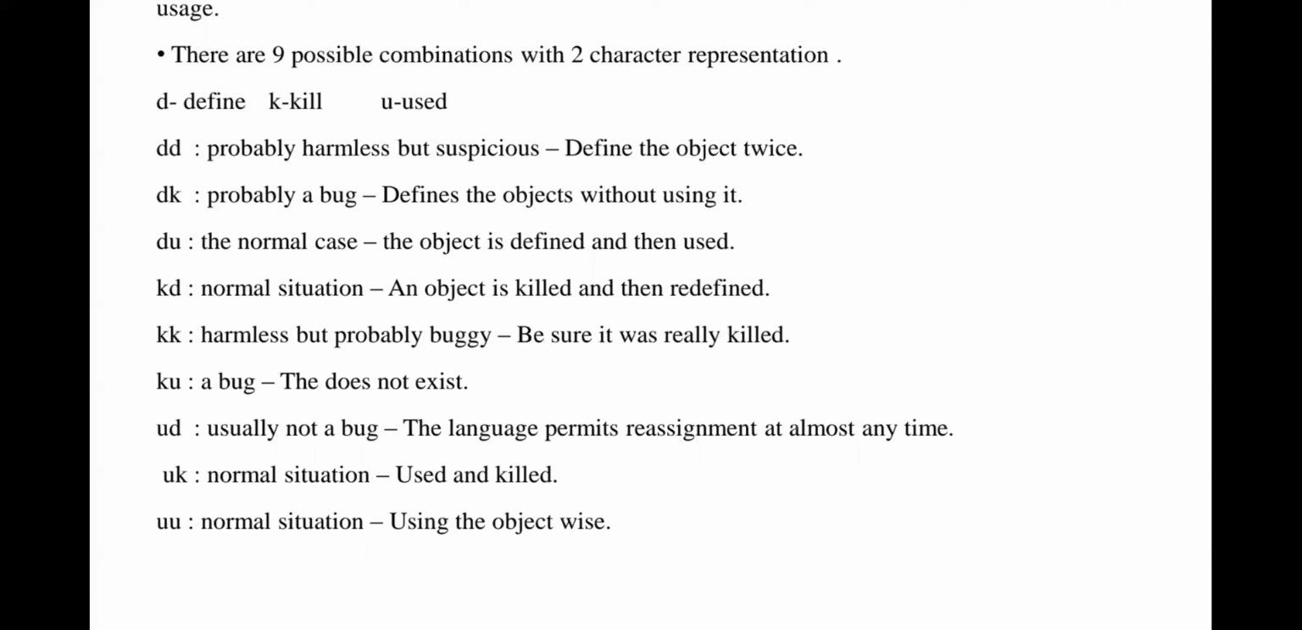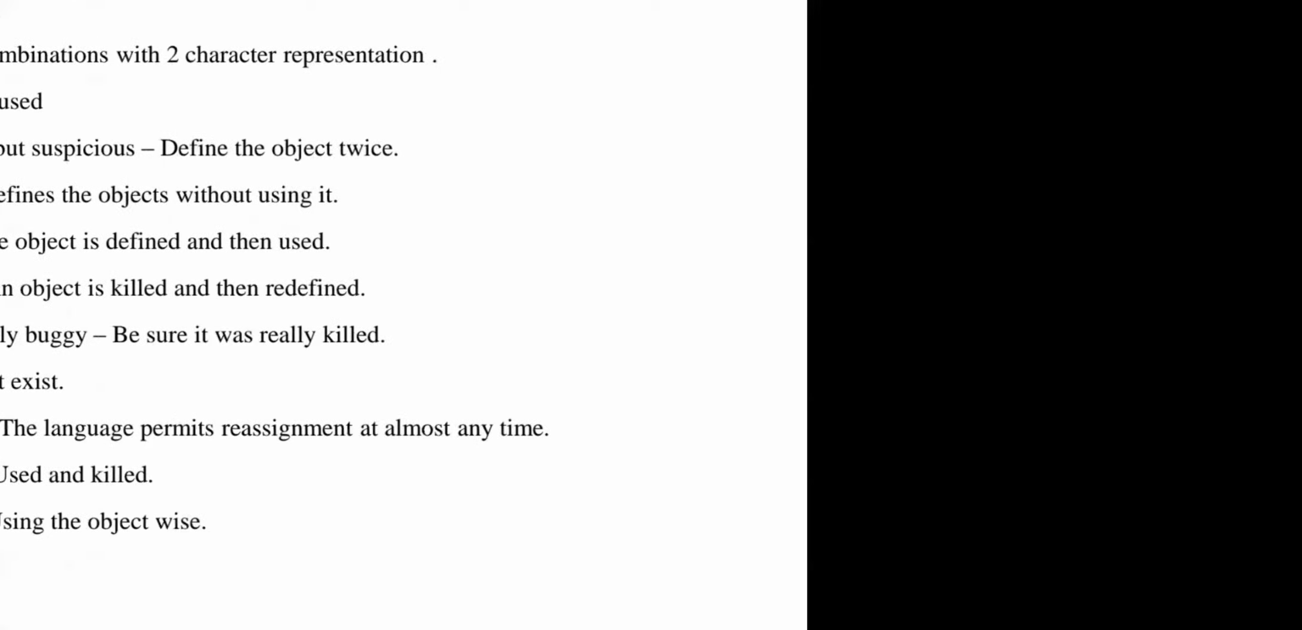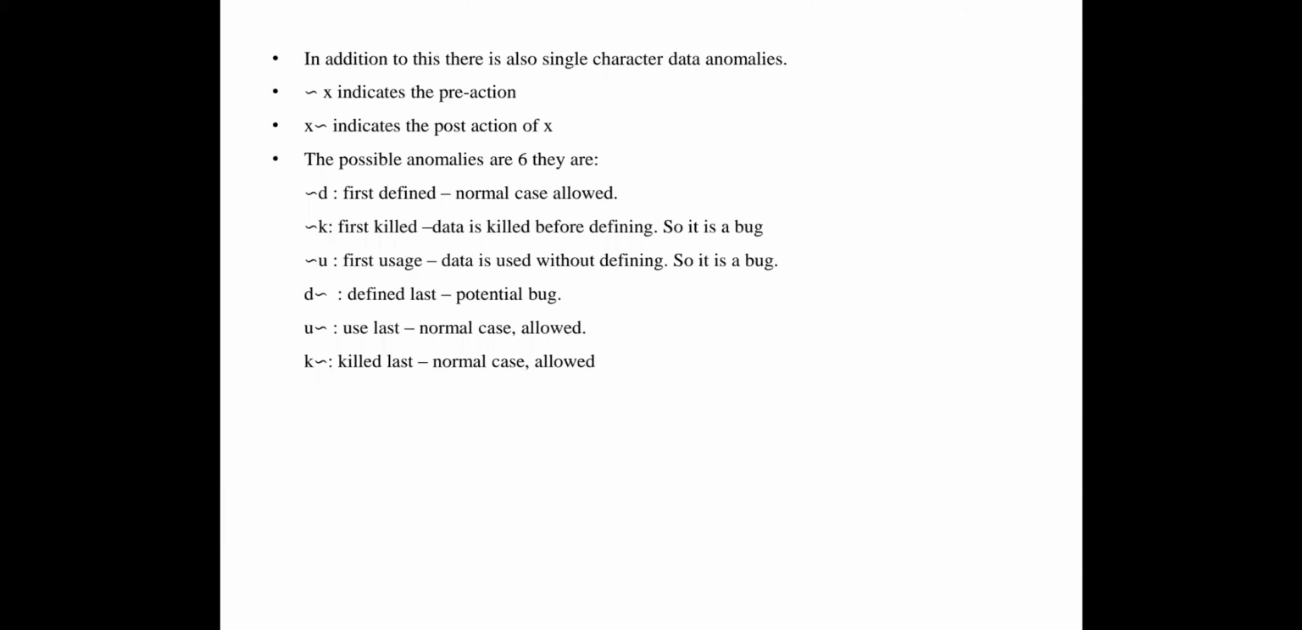Okay. So these are the different anomalies that arise when you are performing a data flow. This has to be represented when you are representing a data flow. So these are the 9 possible anomalies, and we